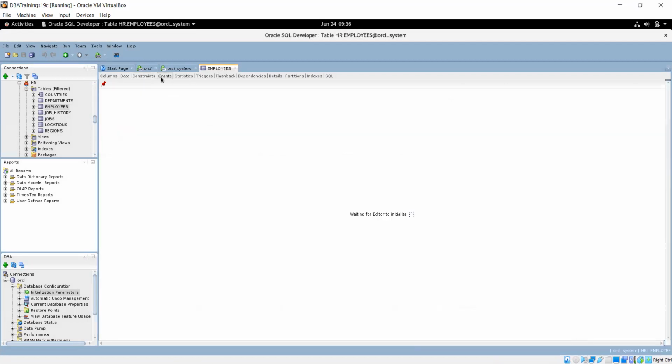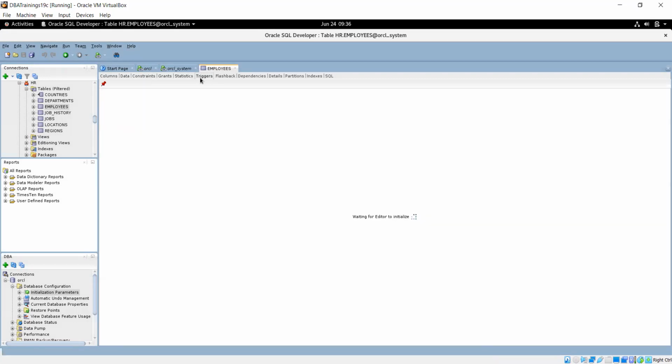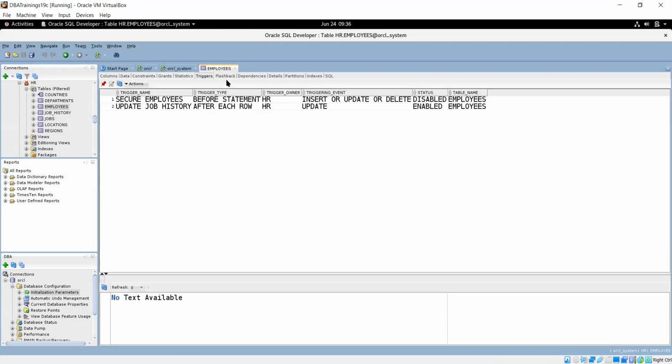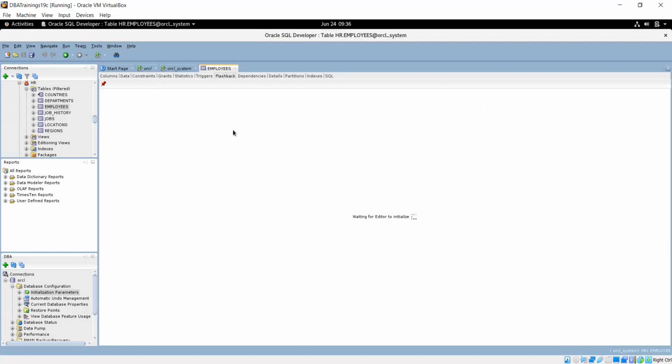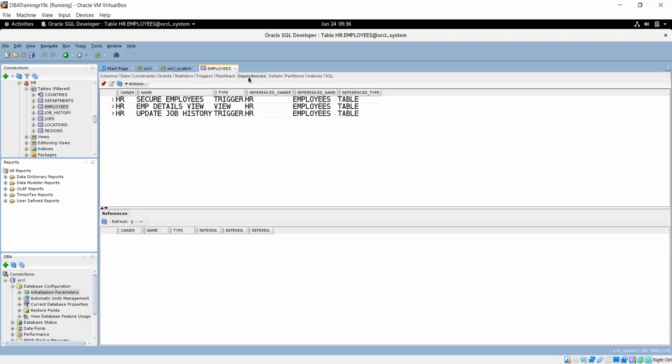Similarly, the privileges, you can see. You have statistics, any triggers, flashback if it is enabled, and what the original drop is, all those. Any dependency objects.